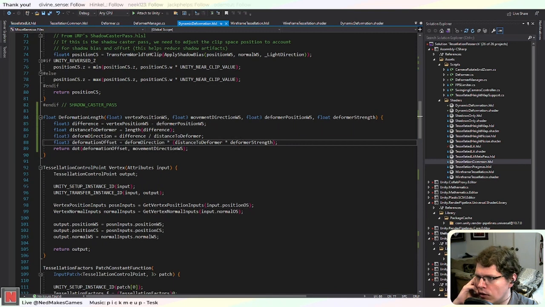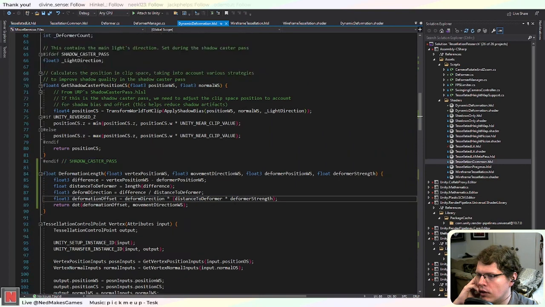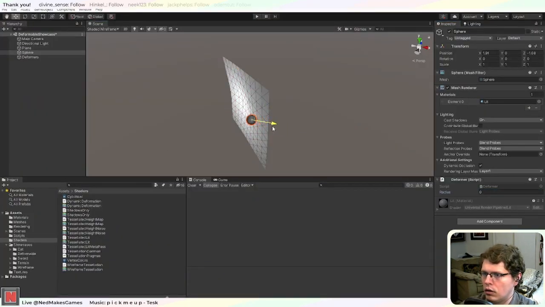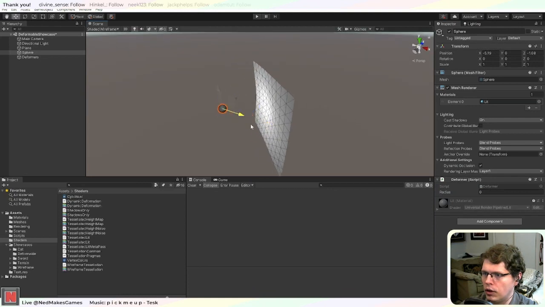Okay, so again, this is increasing as the distance increases. So I actually want it to be as it's smaller. So I kind of need to have a maximum radius, don't I? I guess I could do 1 divided by the distance to the deformer. Obviously, if the distance is 0, then we'll get divide by 0 problems, but